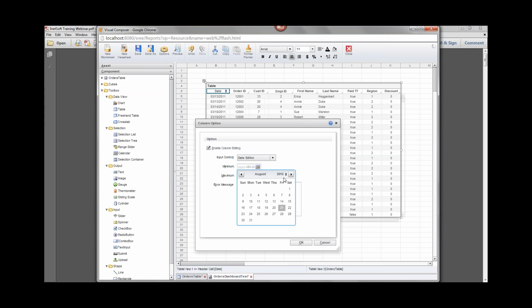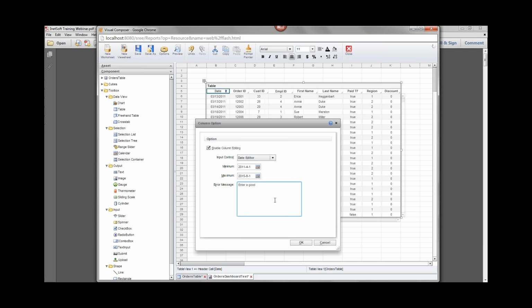date. So for example, beginning of 2011, and well, that's not quite the beginning, so April of 2011, and let's say, the beginning of 2015 or something like that, or rather the beginning of this month, 2015. All right, so you set some constraints. You can supply an error message, and basically this message will pop up.